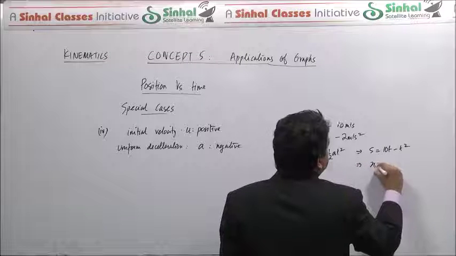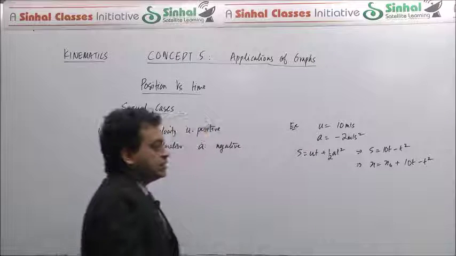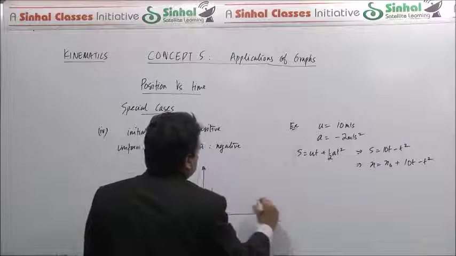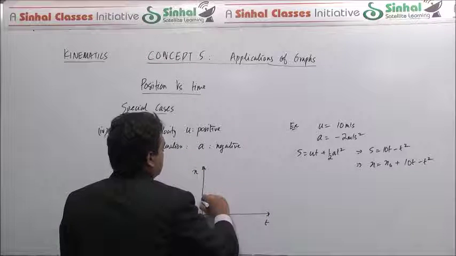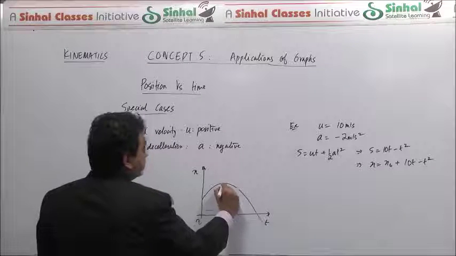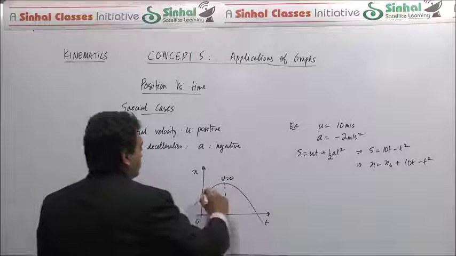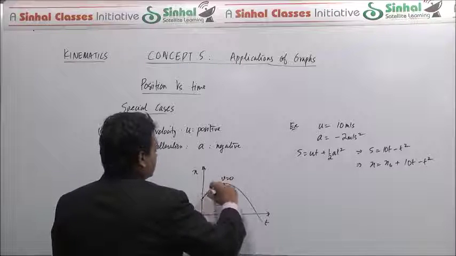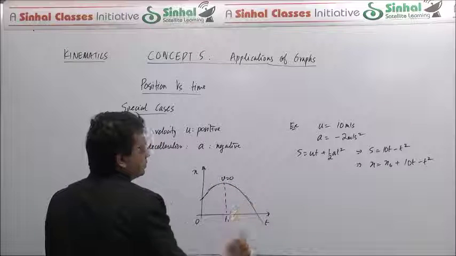So the position at any time would be the initial position plus the displacement. Okay. Now you can see that's a parabola which has this kind of a shape, okay. So you can see that at some point of time, at this point, velocity becomes 0. From here to here, let's say this time t1, the slope is positive but decreasing. And from t1 onwards, the slope becomes negative and increasing.